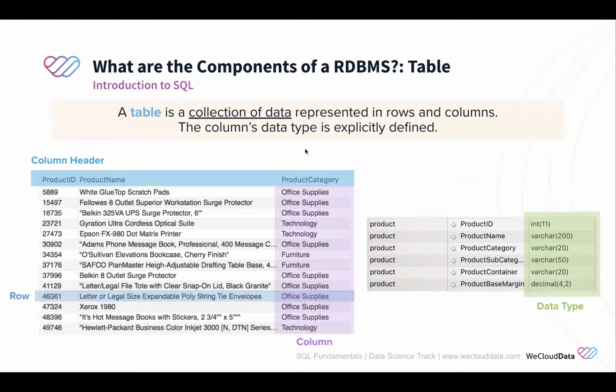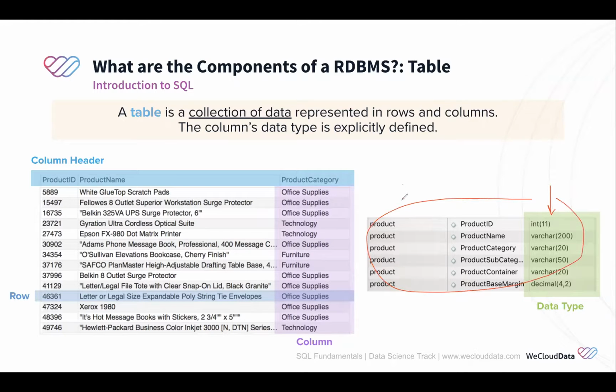All right. So let's talk about the first object, which is table. I think this is very straightforward, right? It's just a collection of data represented by rows and columns. So we have rows, columns, column names, and of course, we need to store some other schema information, such as the data type, right? We can do this in Excel as well, right? But in SQL, the data type or the schema information, like the column